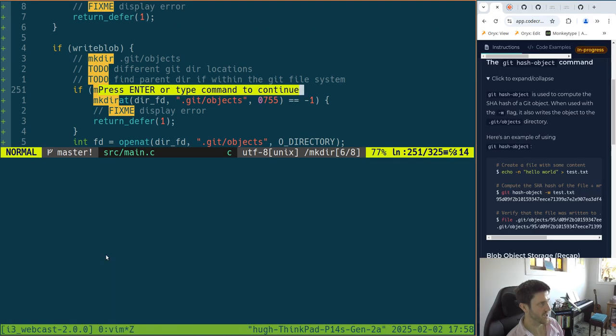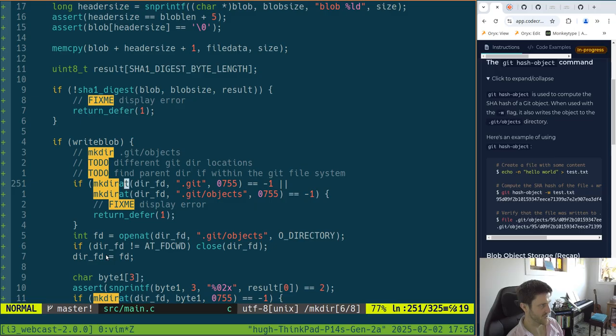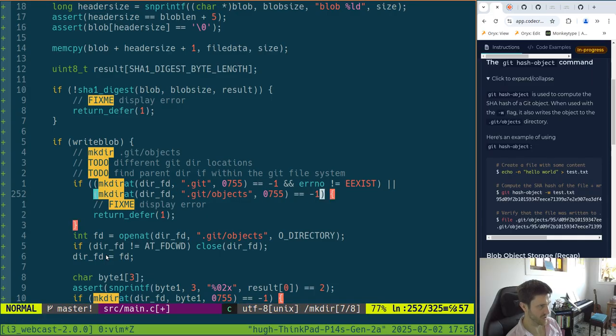Right, so here, if we get this and errno not equal to exists, do something like that, and the same thing here, and errno not equal to exist, and I wonder